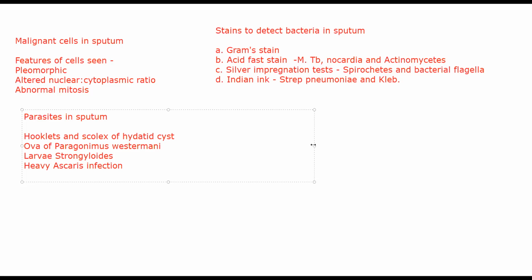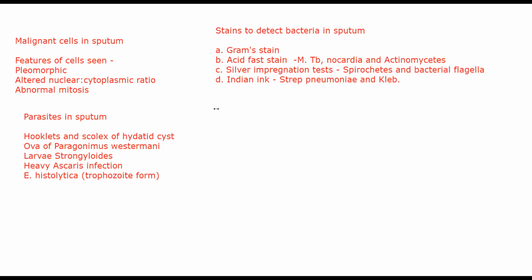Okay. Generally it will be associated with liver abscess. Maybe the patient has a liver abscess, or the patient from a big liver abscess, that abscess has burst into the lung. From there it has burst and the parasite has gone all the way up to your lung. In that condition you will be able to see Entamoeba histolytica, specifically trophozoite form. Right. So these are some of the parasites that you can see in sputum.